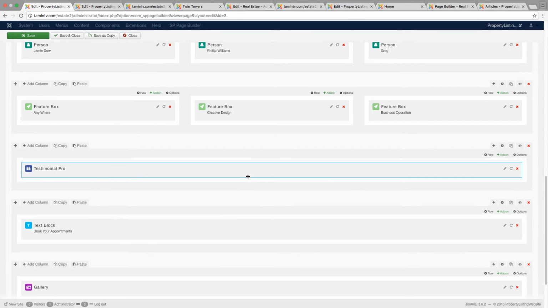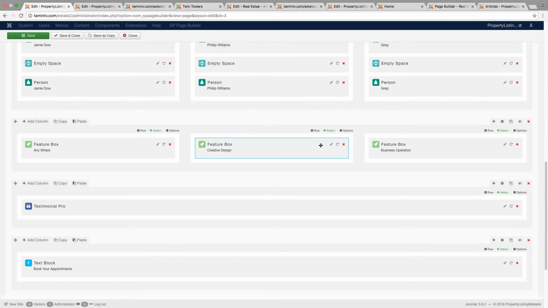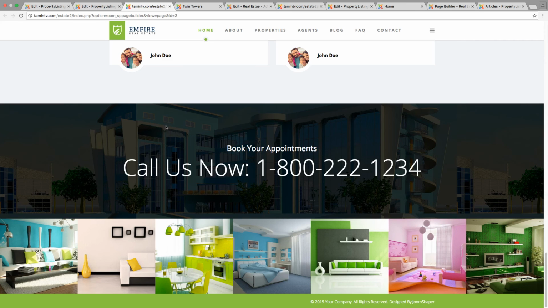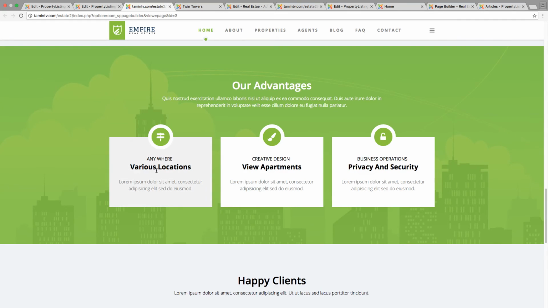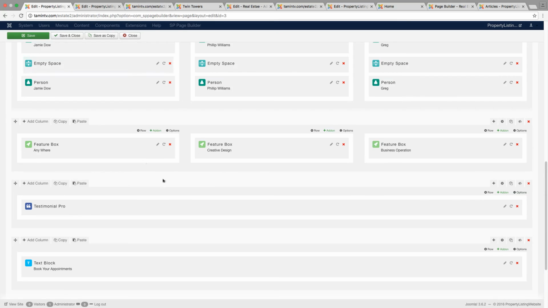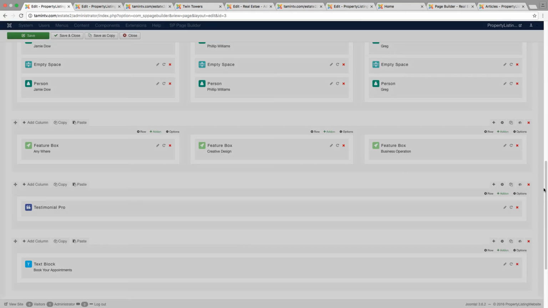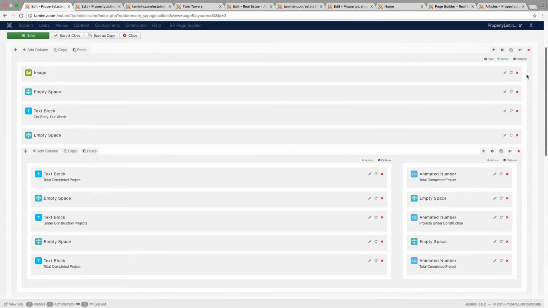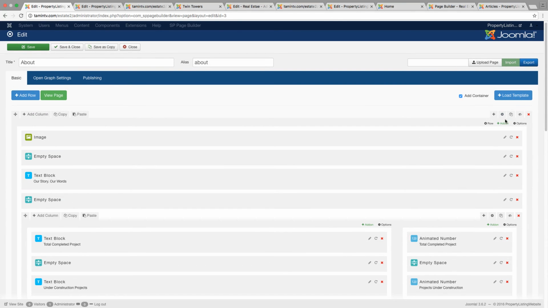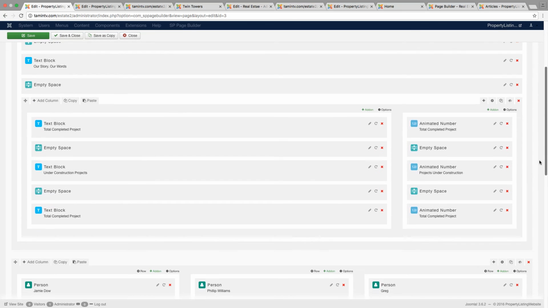Now I just want to say one thing. When you are doing this section here, let's go back on the front end, which is the various locations, view apartments, privacy, and security. When you're doing this, if you notice that things are not shown properly for this section here, let me open this. Matter of fact, before I do that, let's go back to the very top here. So I've showed you what I did to create this page,